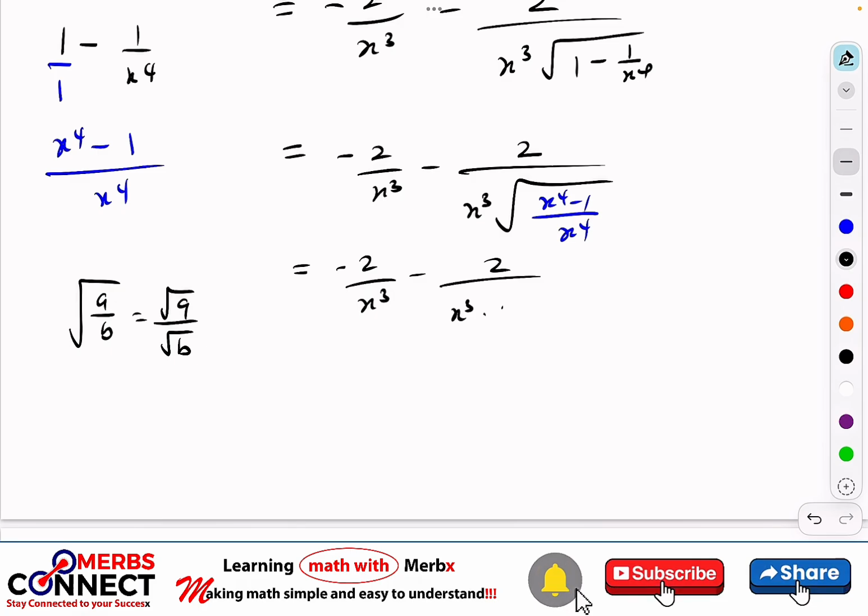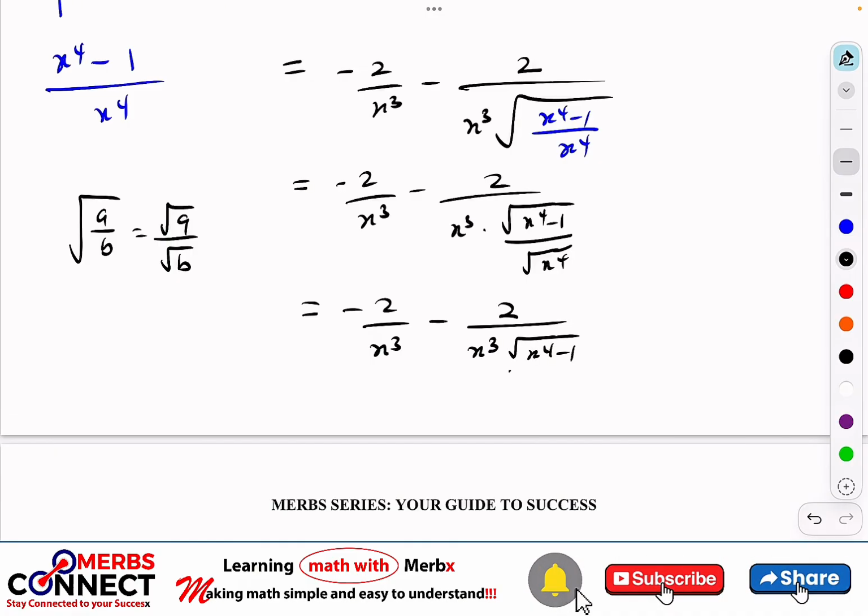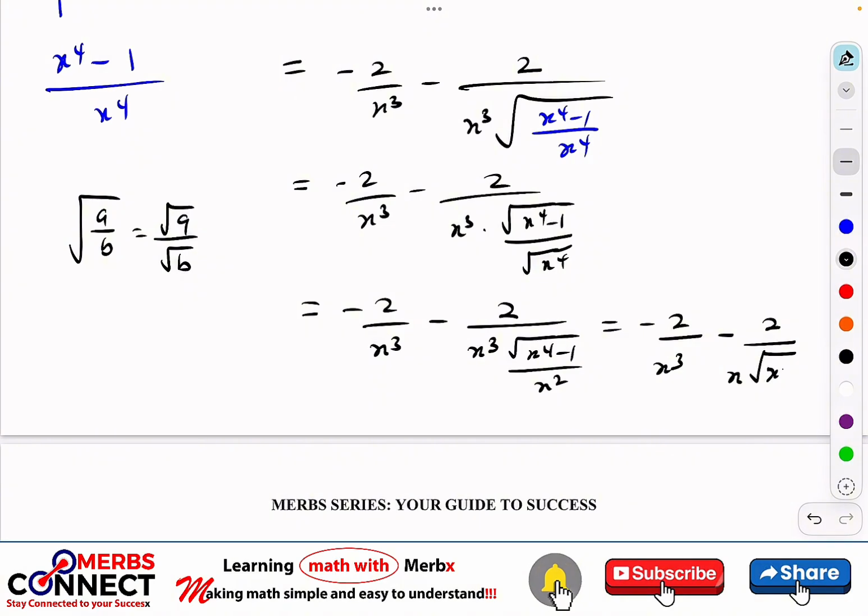This is going to be times x to the power this minus this, divided by square root of x to the power 4. And what's the square root of x to the power 4? That is x squared, right? Great. So this is going to give us minus 2 divided by x cubed, square root of x to the power 4 minus 1, divided by x squared. One of them will cancel. I just want to stop here. Minus 2 divided by, so it's going to be just x square root of x to the power 4